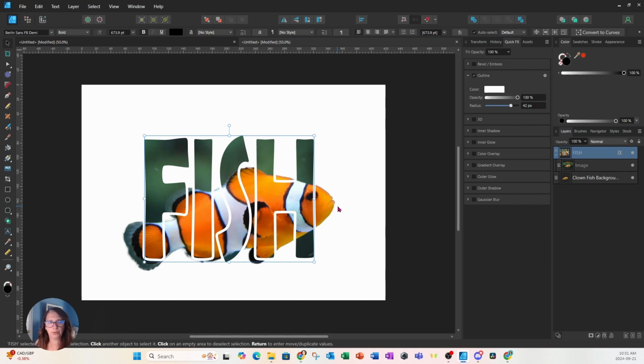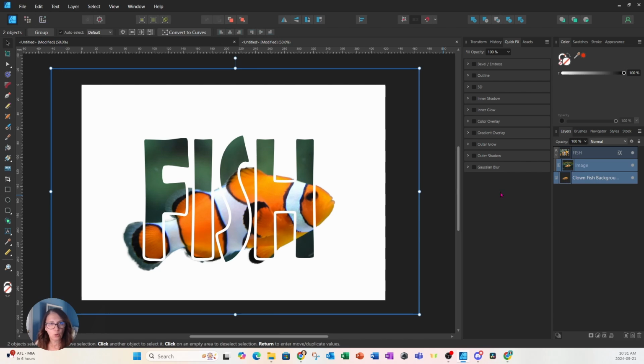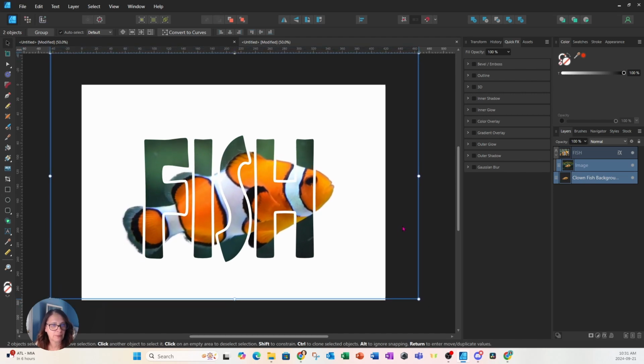Now there's one more thing I want to show you. If we select this image here, which is the image inside the text, and if we select this image here, we can actually, because we have both of them selected, move them together up and down. And there's one other thing that we can do too, but before we get to that,